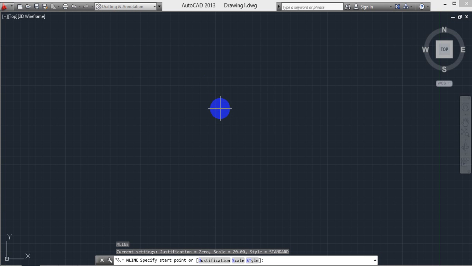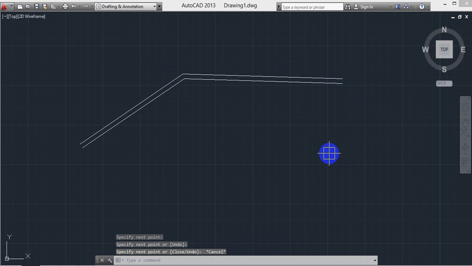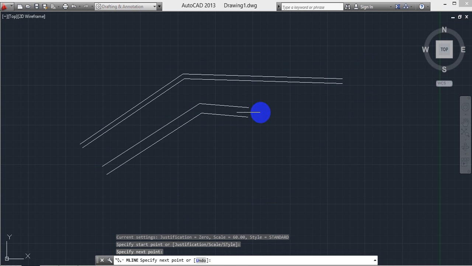So ML is already, it's ML only. So I'm making a scale here. S, enter. So scale is already 20. I'm making it 30, a little bit far. You will understand it later. Again spacebar, again go for scale. So here 30, I am making it 60. 60, enter. See, there will be a gap between these two lines.